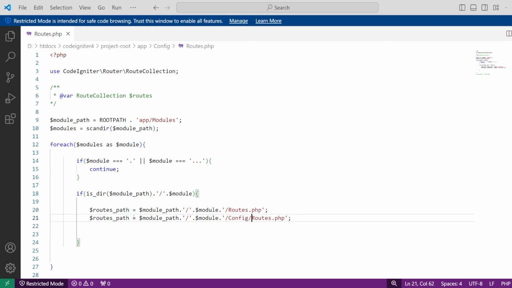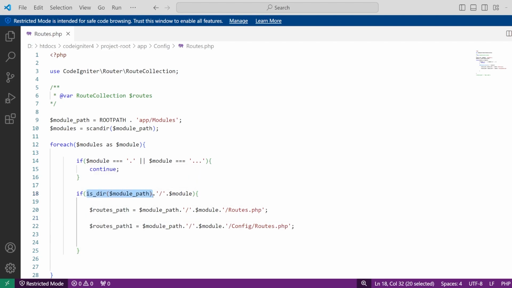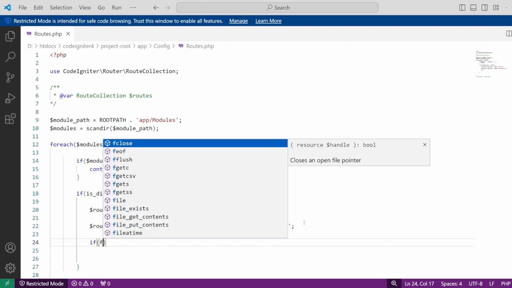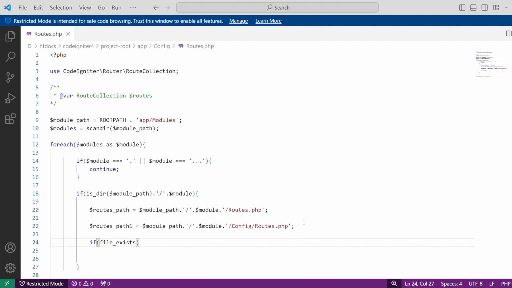Here we are checking if this directory contains any file named routes, or inside there is a config, and inside that config we have any route file or not. We are just passing that path right now, and now we will check if there is any file. If the file exists,